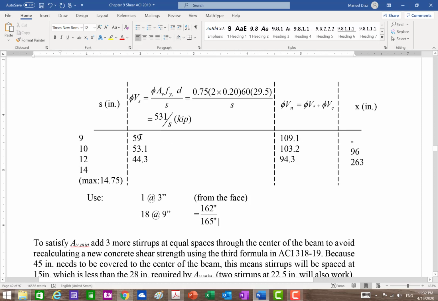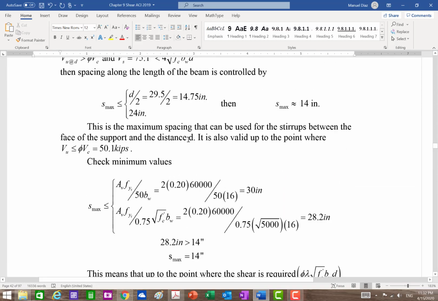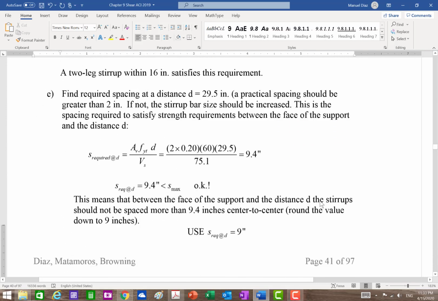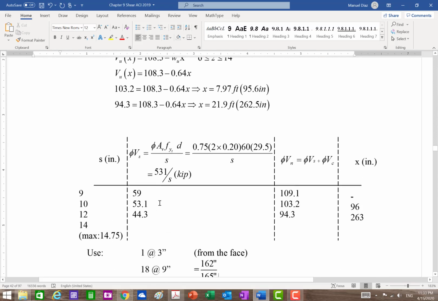Next, I'm going to add to this value the concrete part, right? And so how much was my concrete? My concrete was here, right? Giving us 50.1. So I'm going to add 50.1 to all these values. 50.1, I get that. 50.1, I get that. 50.1, I get that. So now this represents the total design shear strength that a spacing of 9 inches will